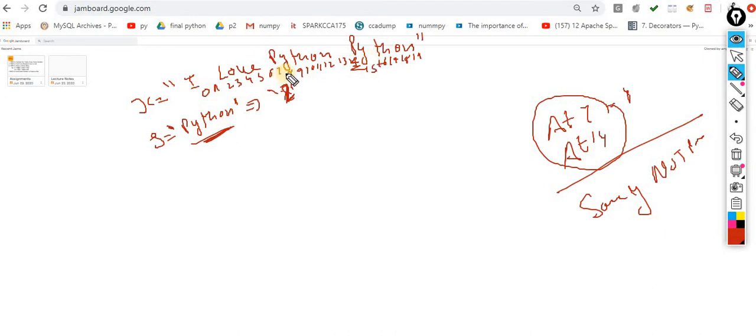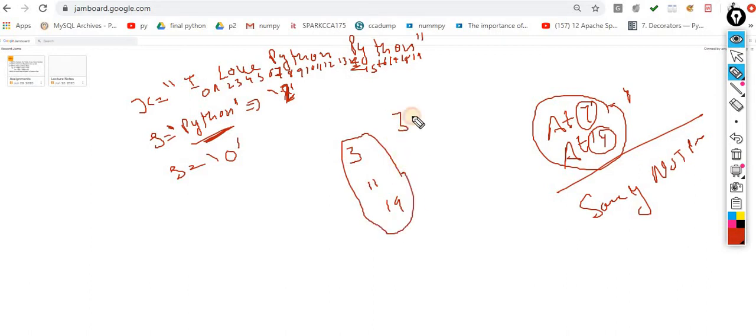Now if you find that thing, how many times do you find it? Let's suppose you find it 2 times. Then I have to give the index of that particular string, and the index is 7 and 14 in the case of Python. In the case of O, let's suppose the user wants to find O. The starting index for O is 3, that means O is present at 3, then at 11, then at 18. In the third case the output would be this one.